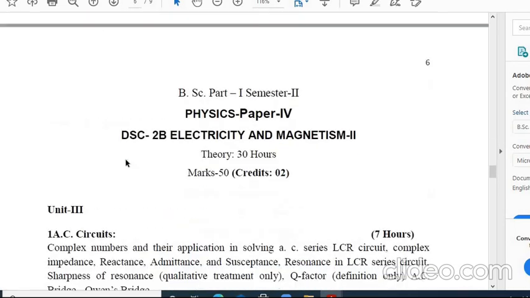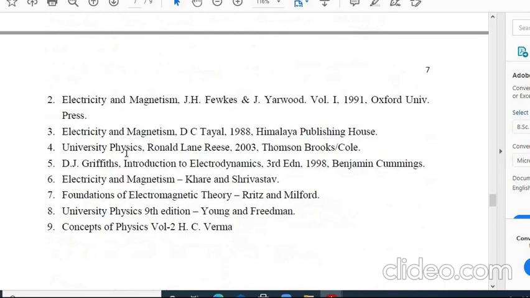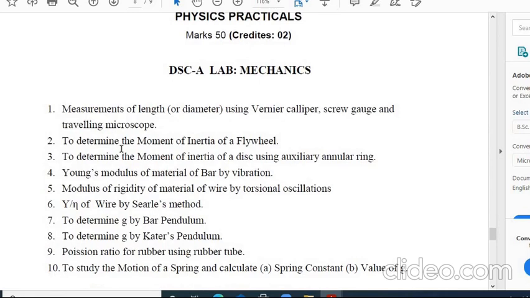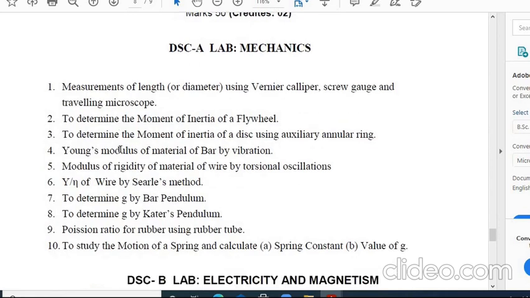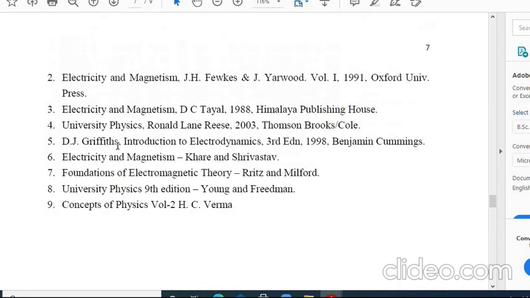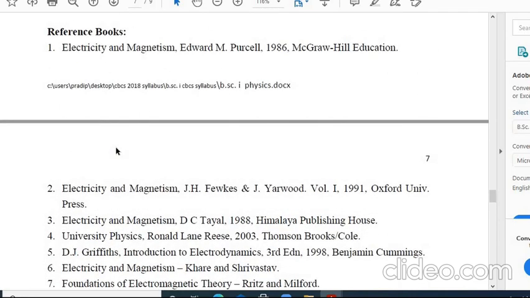And if the government allows, then you will have to perform some experiments also, but later on we will discuss what experiments you have to do if the college offline starts. But you must also consider the different reference books used for this syllabus, so that you can study very well and understand the concepts very well. Though we are teaching each and every concept deeply, you need to study more.